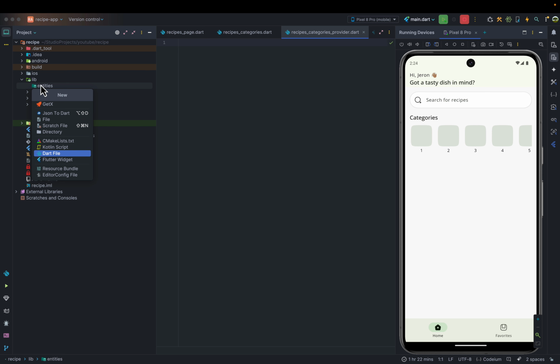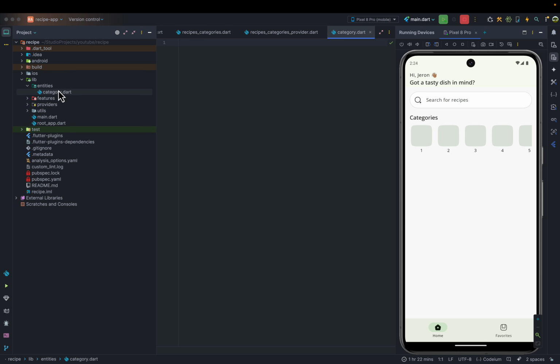And then let's create a file called maybe category, maybe recipe category, just to stay consistent. So recipe category. Now in recipe category, we can have a class called RecipeCategory,